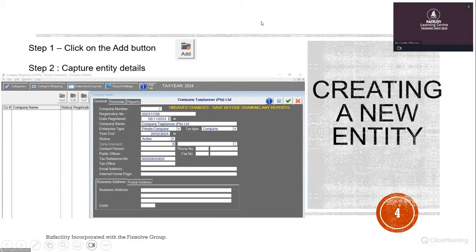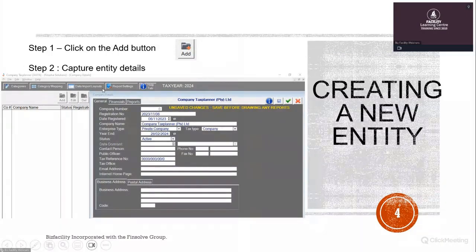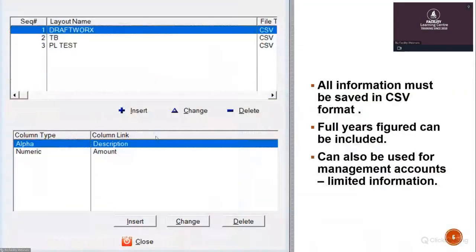Step one is click on the add button, which is there. See, should have clicked it. And then step two will always be capturing the entity's details. So again, this is what we were saying. There are certain details which you would need to be able to capture to actually create a company. Registration number is very important. Date registered, the company's name, company taxplanner, Pty Limited, the type of entity and how it should be taxed, because the system needs to understand how to apply this specific legislation. The status of said company, in this case, it was an active company. But you can pretty much customize this, and you can input quite a lot of data in this as well. Okay, so the importing of data, and this is what